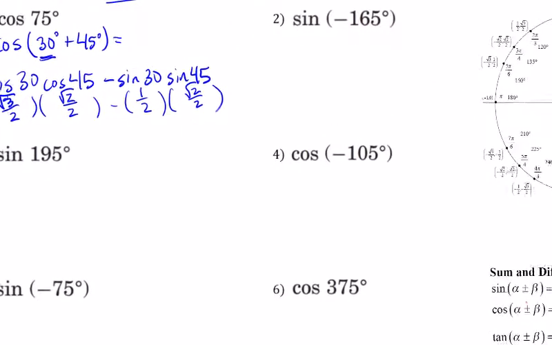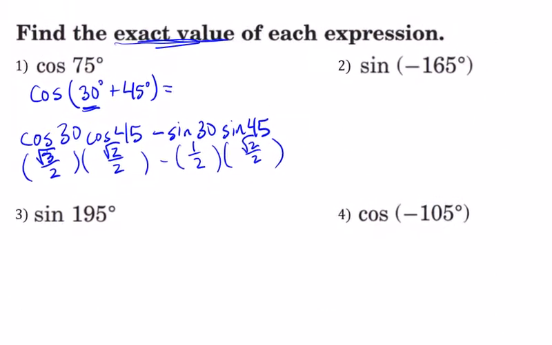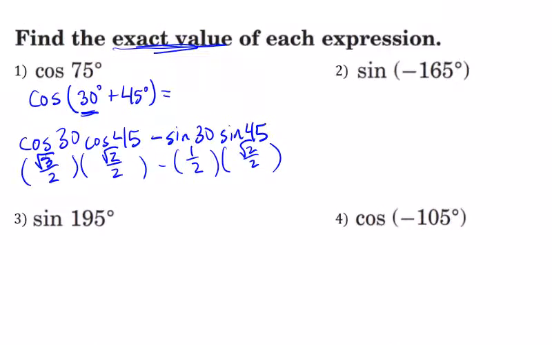let me just zoom in just a little bit so I have a little more space. So root 3 over 2 times root 2 over 2 is going to be root 6 over 4. Okay, so top times top, bottom times bottom. Can't reduce that. It's tempting to want to reduce, but the radical cannot mix with the number outside the whole number down there. All right, then for this one,